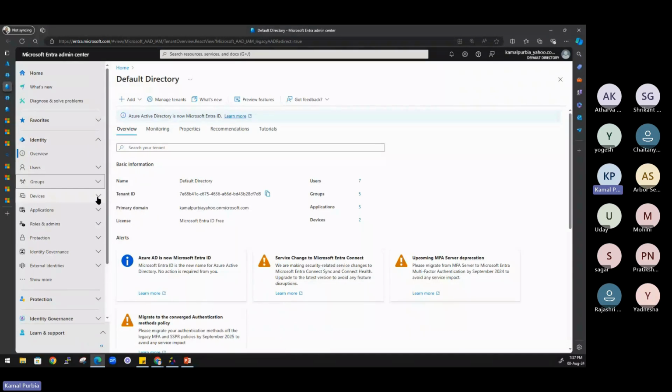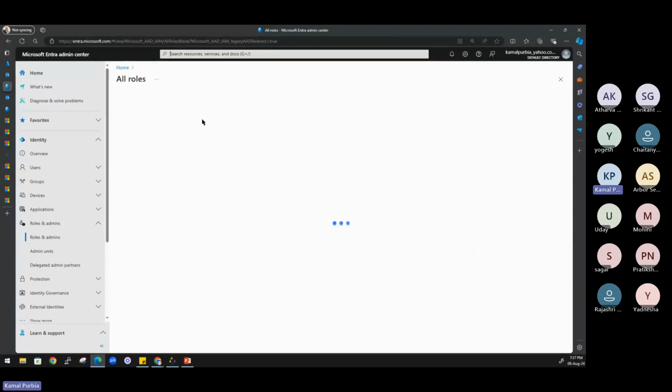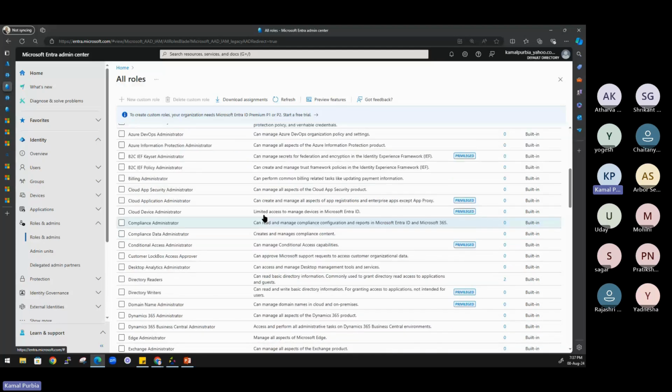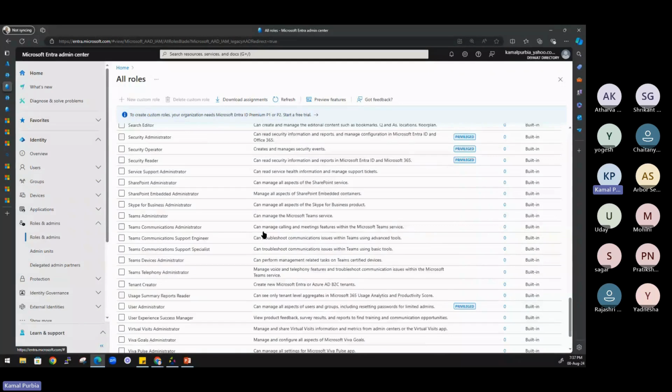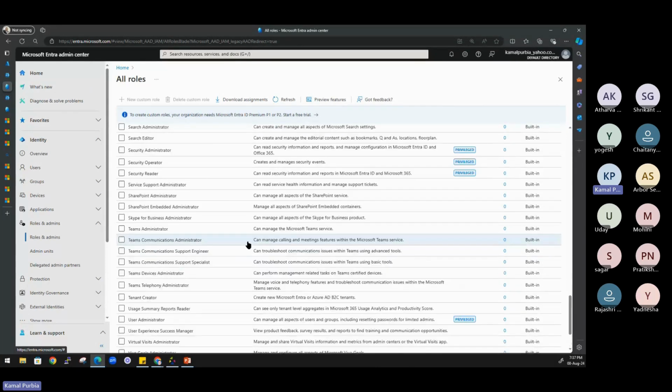So devices, when we add the devices to Entra ID, we can see them here. Okay, and we talked about roles. So that is also an important feature here. You can maybe search for roles, and these are Entra ID roles basically. Okay, all these roles you may look into. Every kind of role related to Entra ID is available, and you can assign it to any user. Basically, you can assign the role from here as well